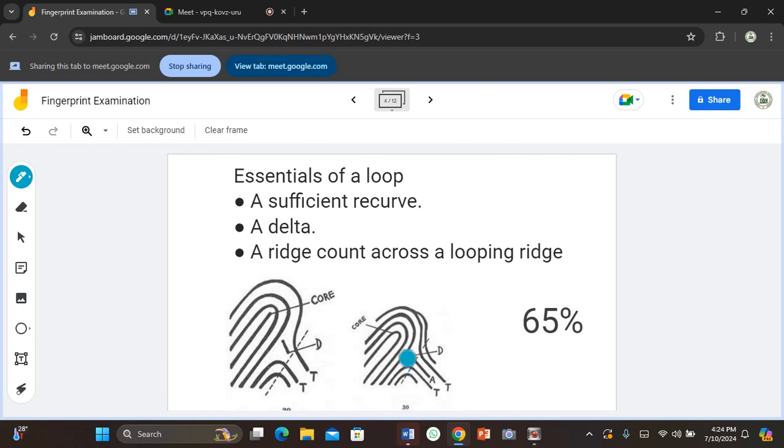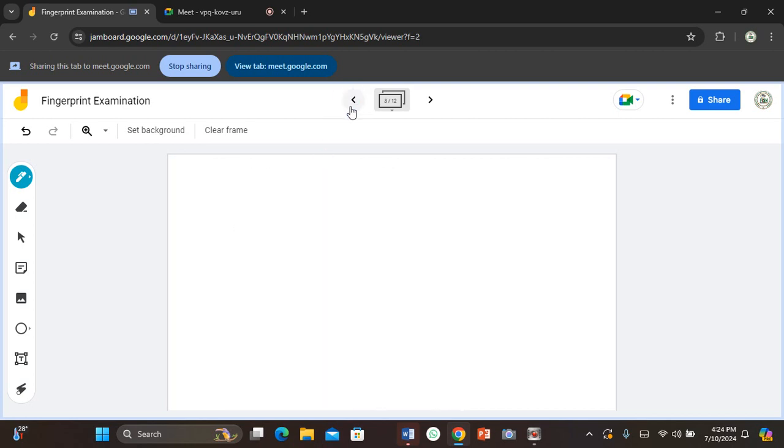This one is 1, 2, 3, because our core is on this side of the innermost recurve. So that's how you get our ridge counting. Now, assuming you have something like this,